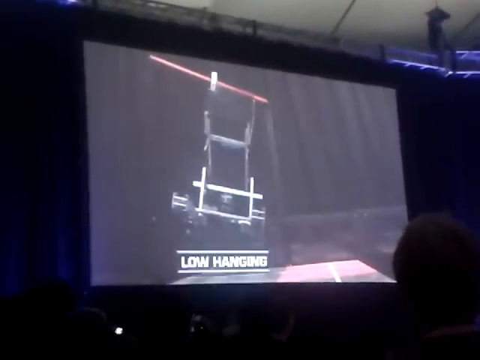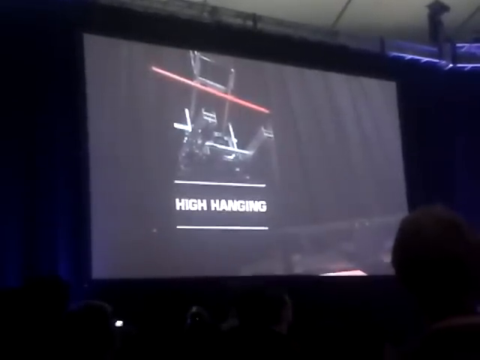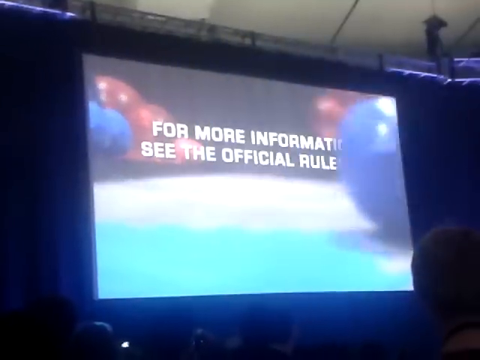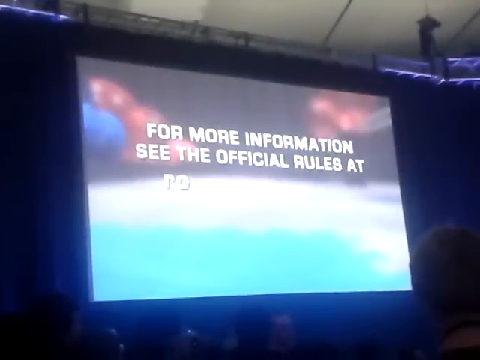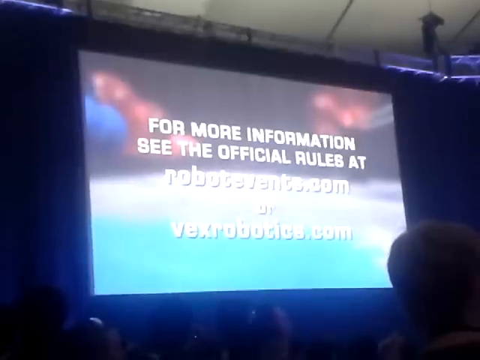A robot that is low hanging is worth 5 points. A robot that is high hanging is worth 10 points. Hanging with a ball is worth 10 bonus points. For more information on Vex Toss-Up, see the official rules at robotevents.com or vexrobotics.com. And be sure to